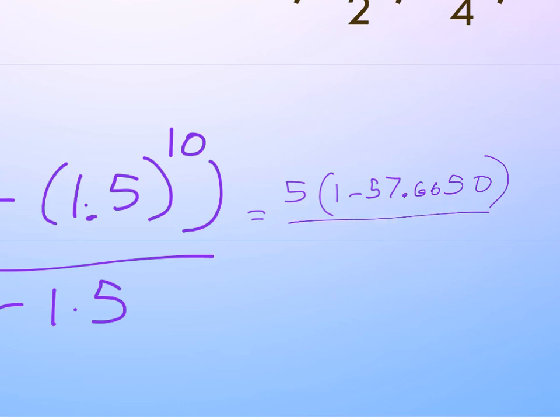Okay? Divided by 1 minus 1.5, which leaves me with negative 0.5. When I flip and multiply, I'm going to end up with a negative 10 times 1 minus that whole thing. Well, that's going to be negative